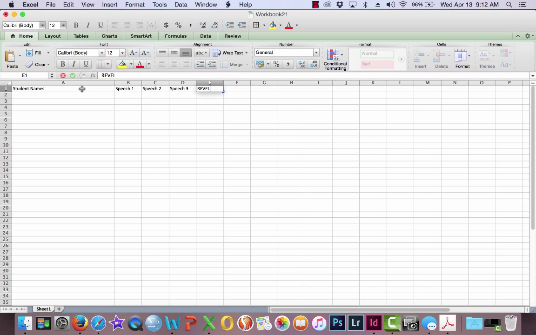We use Revel for readings. And then we'll have a participation column. Now, I'd like for you to add a total column and then a grade column. Okay, so now in this second row, because we use percentage points on our assignments instead of total points,